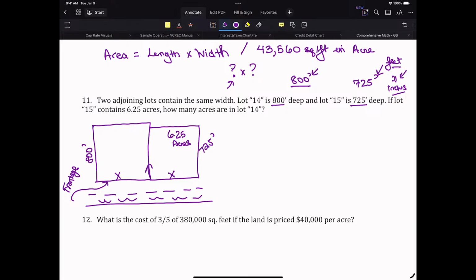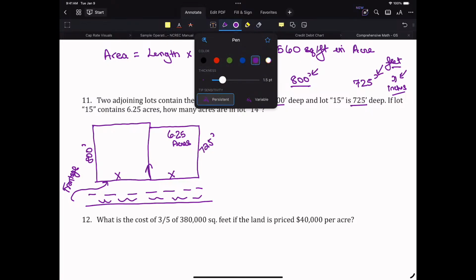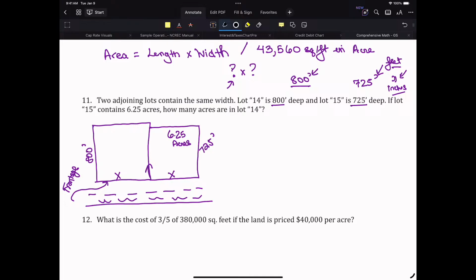Cool. I'm going to change colors just to make it easier. And I'm going to tell you, when I do a problem like this, I switch everything to feet. If it's inches, I put it in feet. If it's acres, I put it in feet because that's just how my brain works. And we all know I'm a little wonky. And so we're going with it. So I know if there's 6.25 acres, if I multiply that by 43,560,